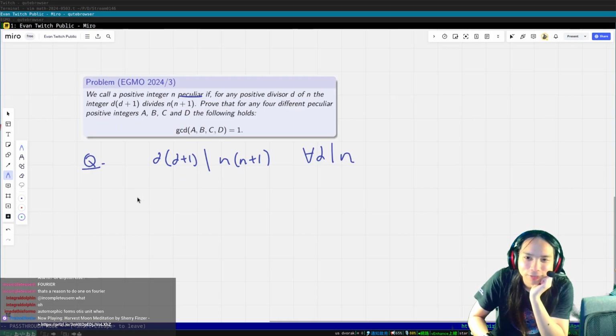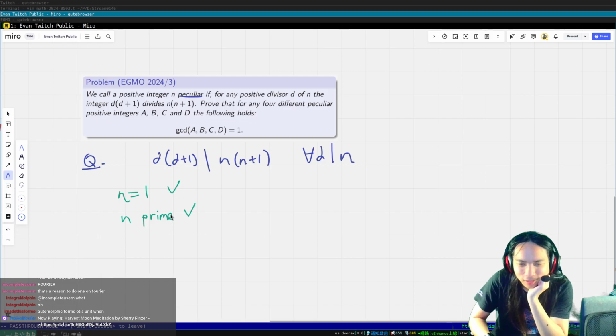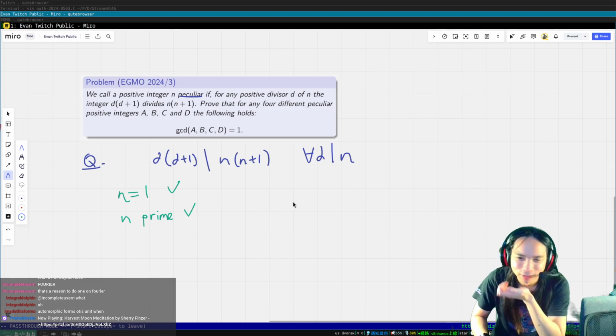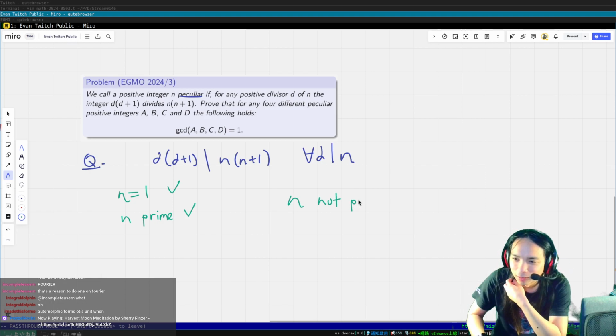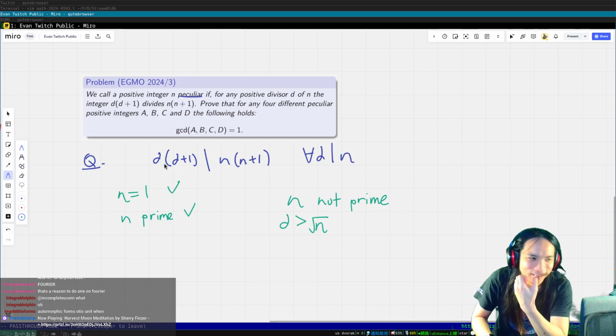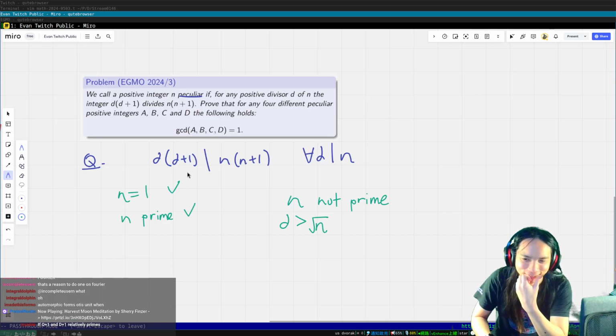So it's certainly okay if n equals 1, that works. If n is prime, it works. If n is p squared, it doesn't work, right? Okay, so here's the problem. If n is not prime, then there's a divisor. You can take d to be kind of big, right? If d is bigger than square root n, it seems like you might have problems really soon, because